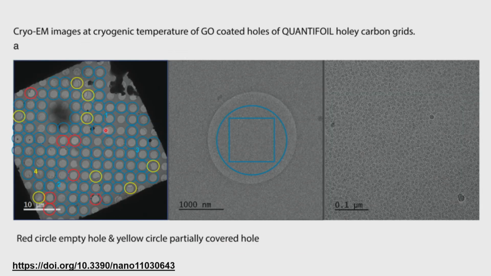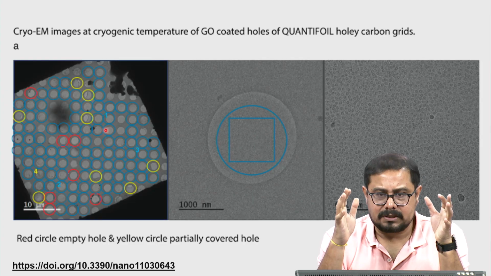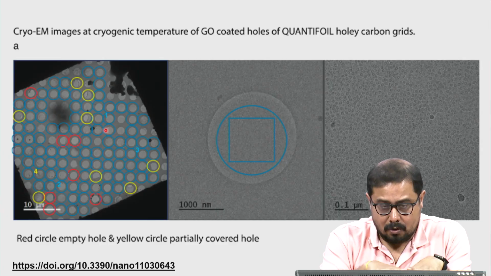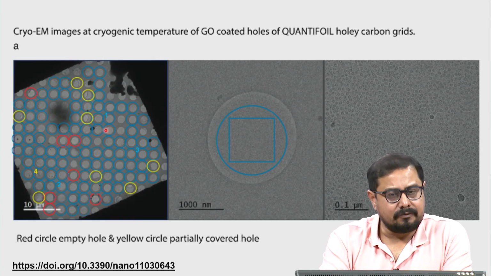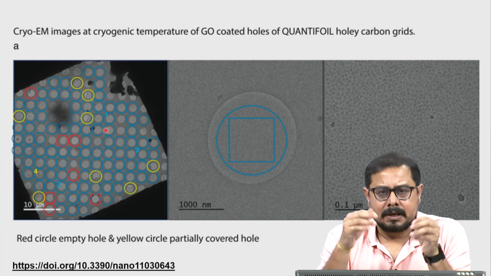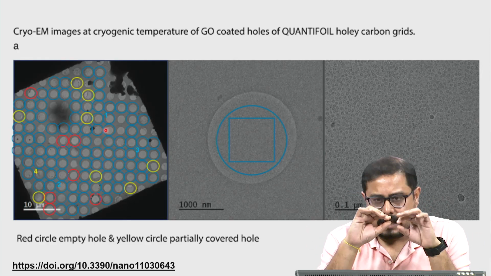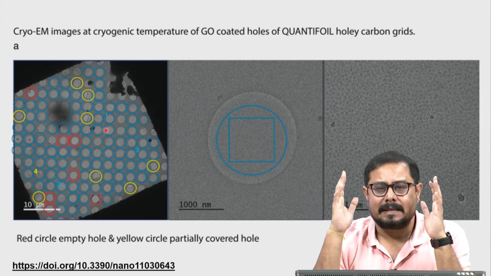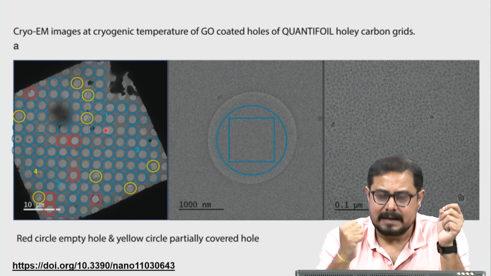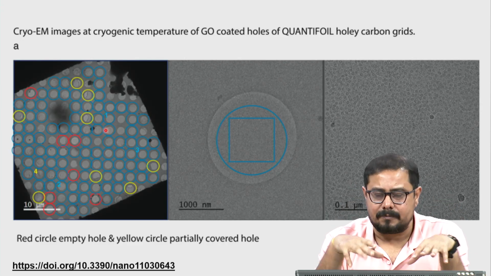So, when we have this kind of separation, we can use those graphene oxide monolayers to coat our Quantifoil grid. Mostly we are interested in the Quantifoil grid, because if we coat it with this graphene oxide layer, there will be a thin layer that is transparent. We cannot see that thin layer at all, and if we add the sample, protein or any biological sample will